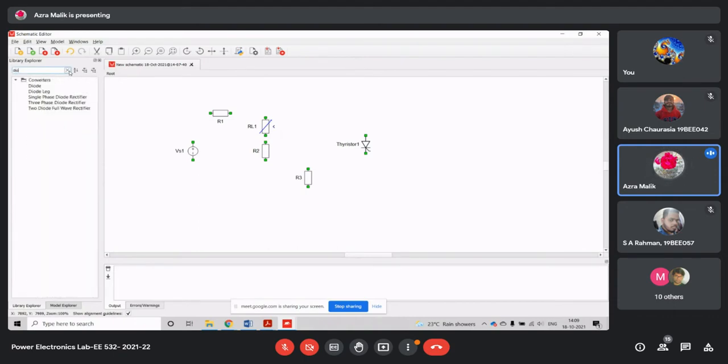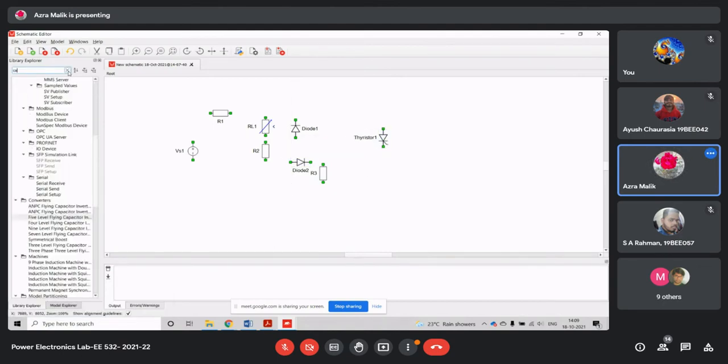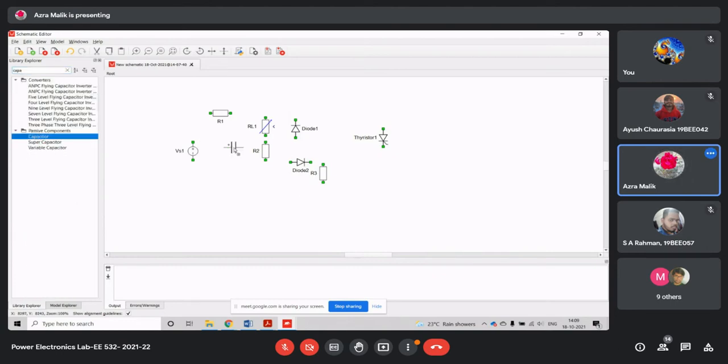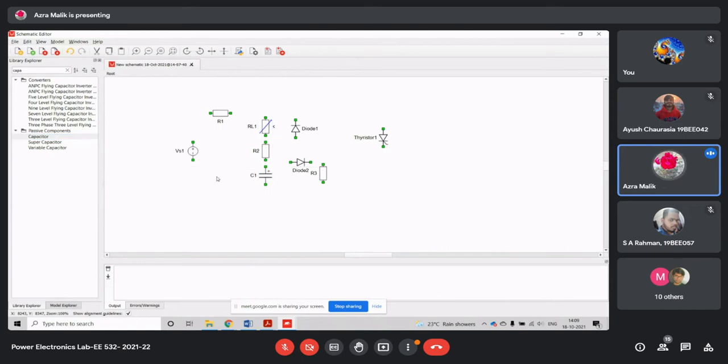Also, we need a diode. Basically, we need two diodes in this experiment. Also, we need a capacitor. Now we just connect all these components together.